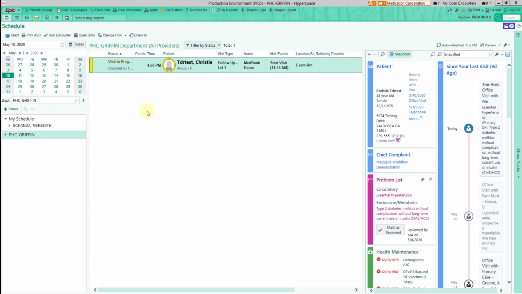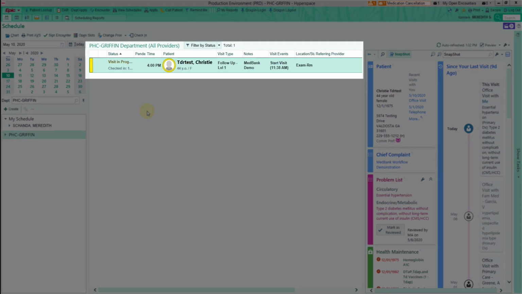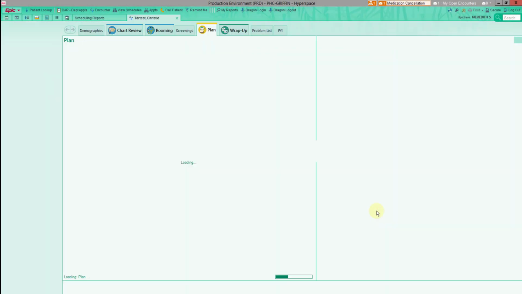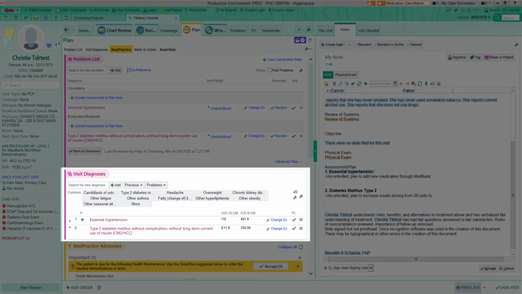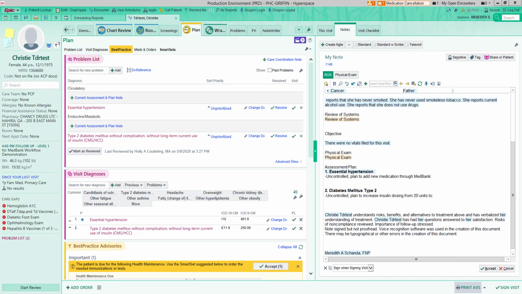Today you can see we have a test patient checked in for our appointment, Medbank demonstration. So if we just double click on the patient, it will bring us right into the visit. Within the active encounter for our test patient, you'll see that this patient has active diagnoses of both hypertension and type 2 diabetes. When a provider decides to start a new Medbank medication, the first thing they must do is